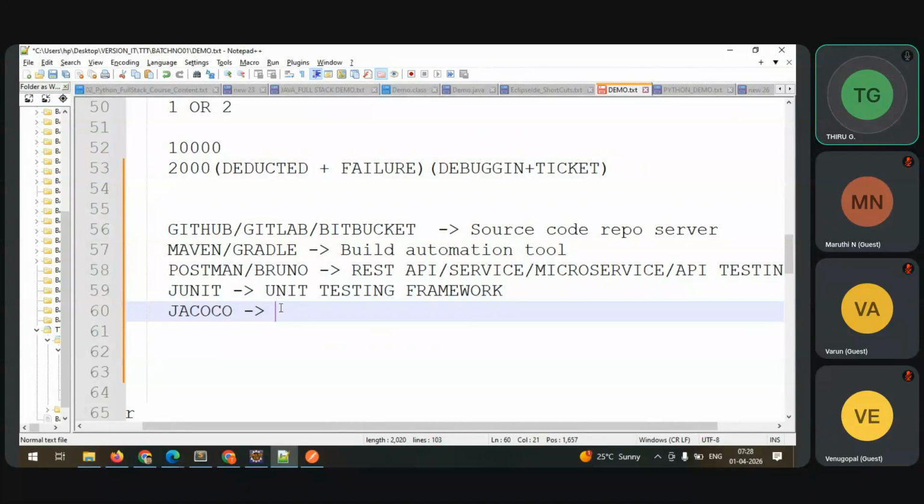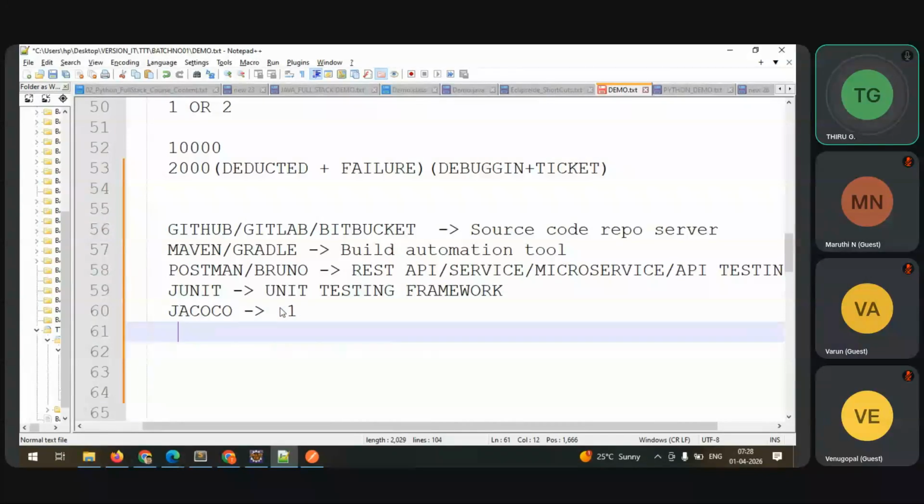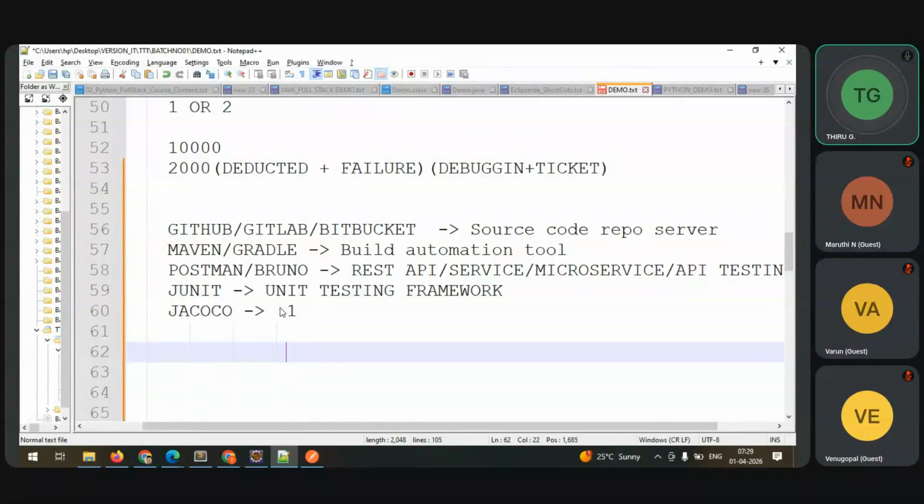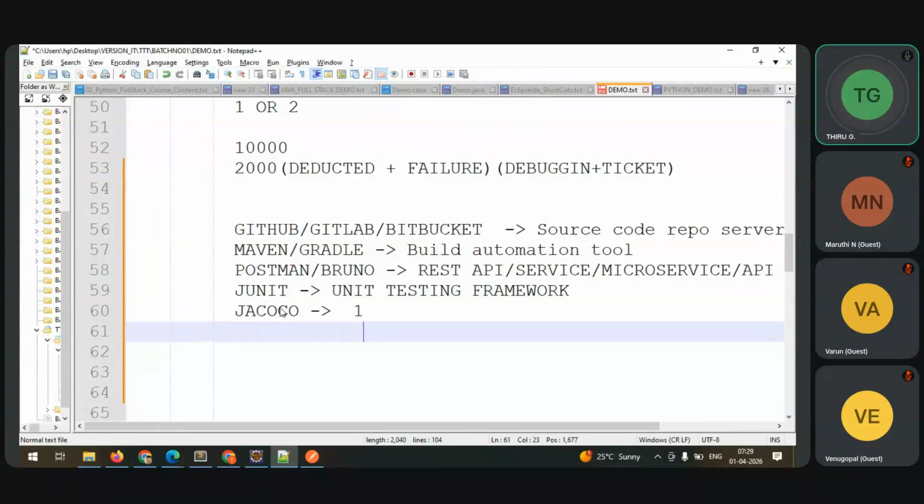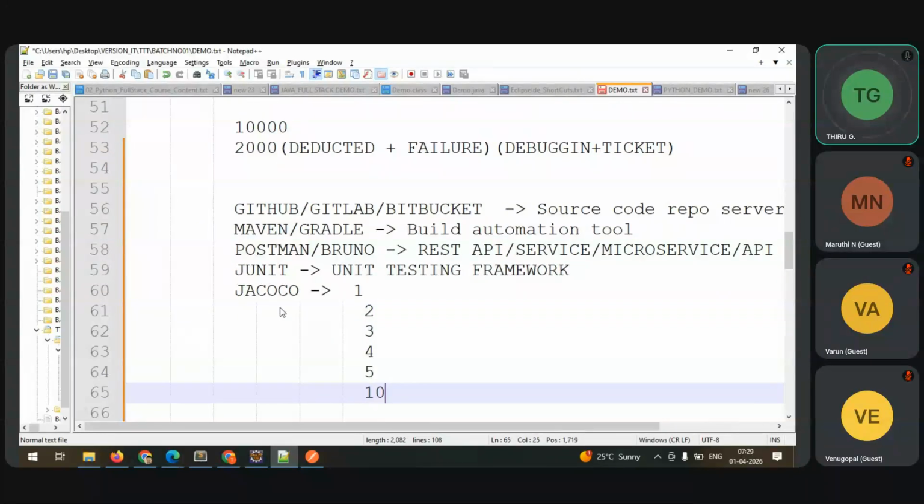For example, I have written 100 lines of code in one file: 1, 2, 3, 4, 5, like this I have written 100 lines of code. After writing the 100 lines of code, what is Jacoco here? Jacoco is a code coverage software, so it is going to test